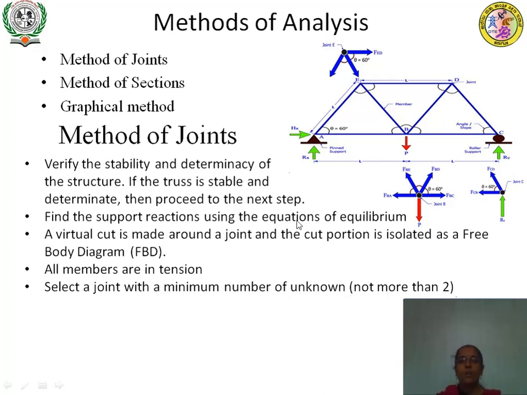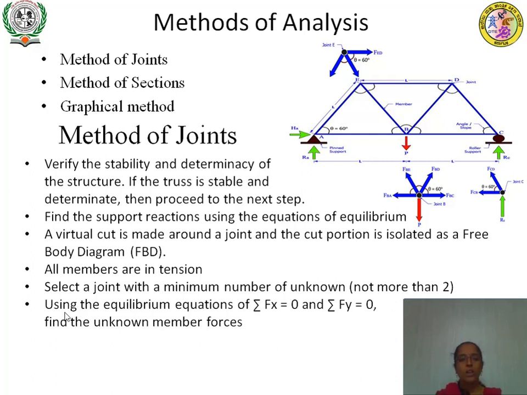When we start the analysis, first you cannot start with this joint, because all the forces will be unknown, 4 forces are unknown. You cannot start from this joint either, here 3 unknowns are there. Either you can start from this joint where 2 members are meeting, hence 2 unknowns will be there, or you can start from this joint where here also 2 unknowns are there. Like this you have to judge, you have to select a joint in such a way that only 2 unknowns or 2 members are meeting, so that we can apply 2 equations of equilibrium.